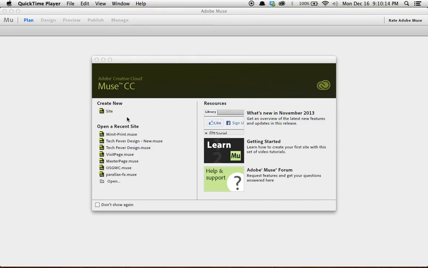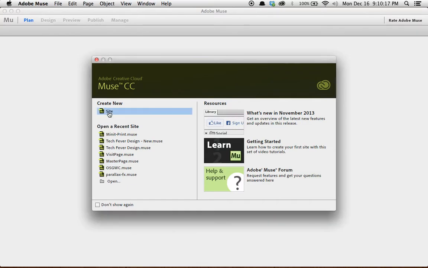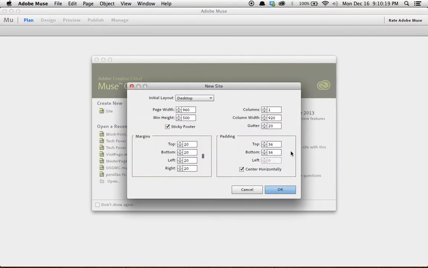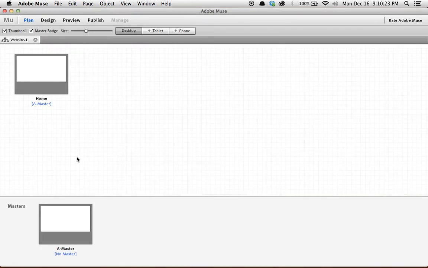So I already have Muse open here, and I'm just going to create a new site. All these settings are fine, the presets. You can always change them later. So right now you have your site plan. Right here it's called a master page. So the master page